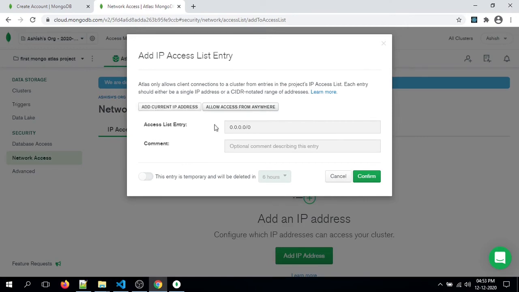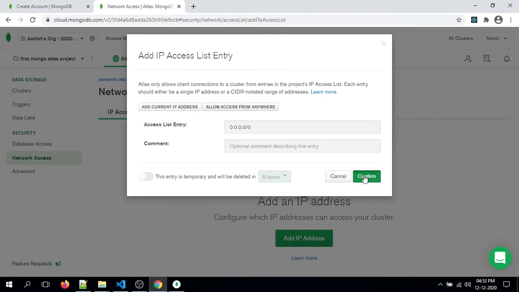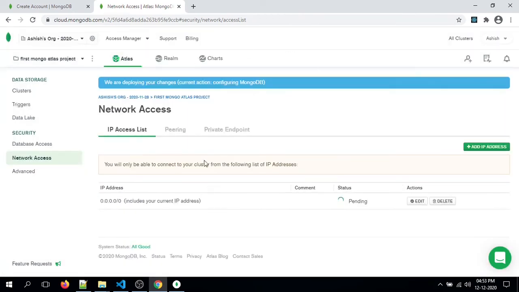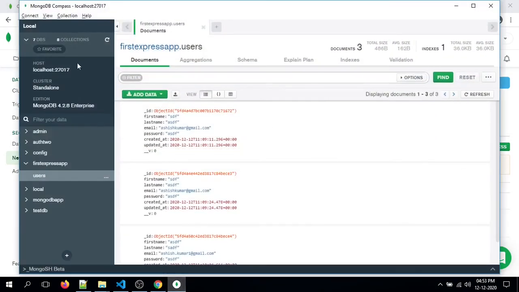I am currently clicking on allow access from anywhere and then confirm. It will take around 30 seconds. I will show you how I will access this cloud database from our local system.